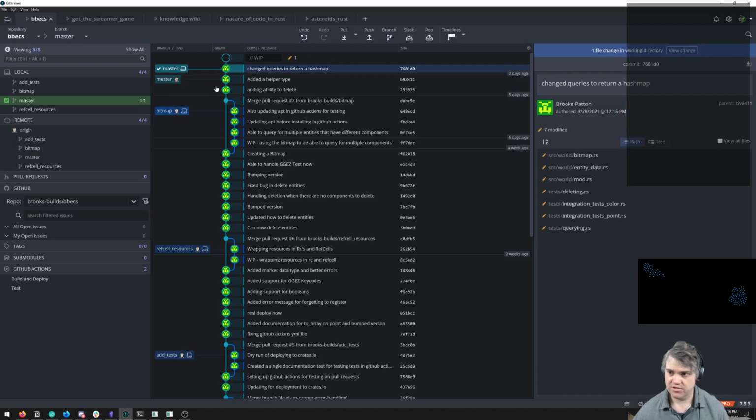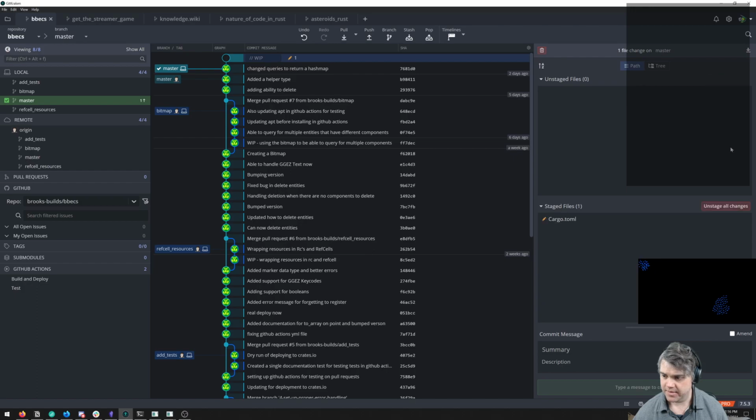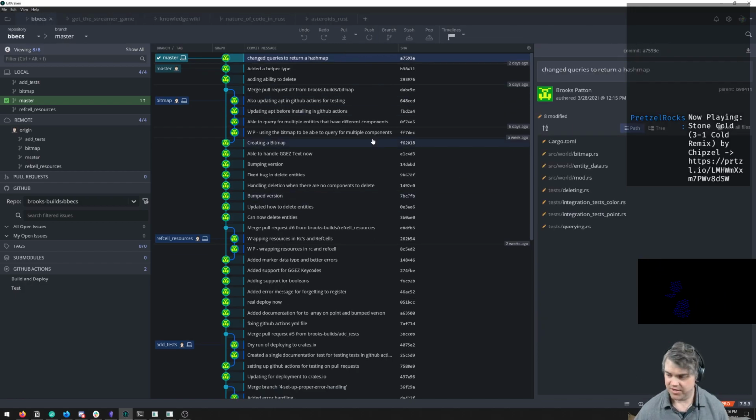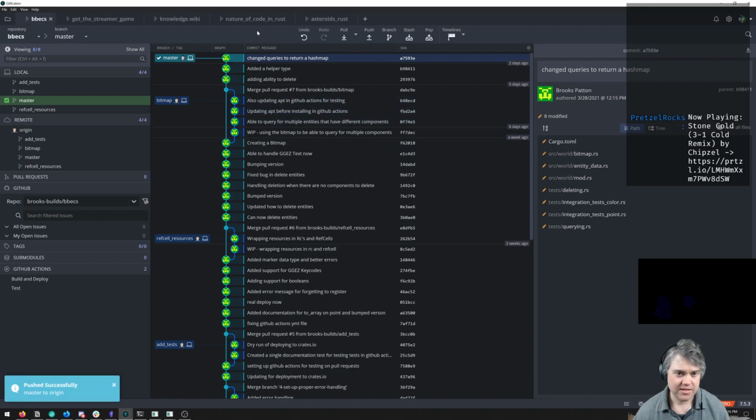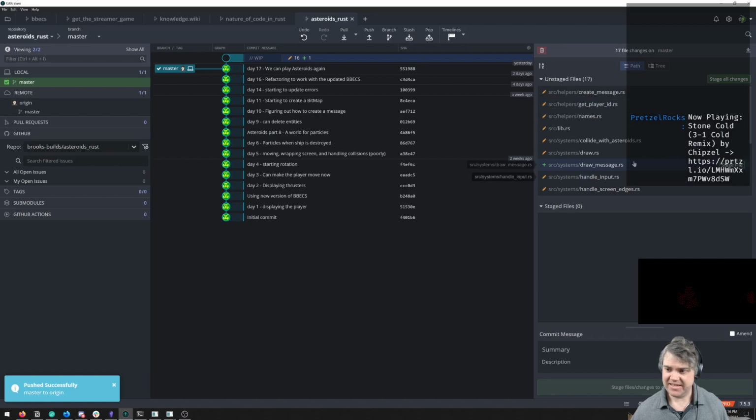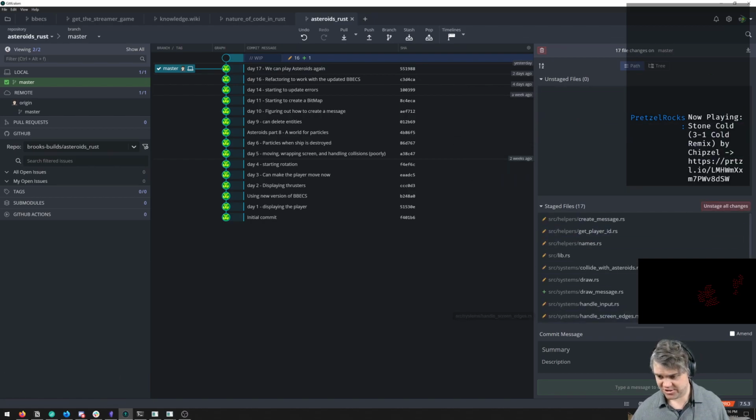Okay, there. Now I can push you up, and that'll auto deploy if all the tests pass. It might not, because I might have some warnings in there, and that should probably stop it. I don't remember. But in Asteroids, we had so many files changed in here.